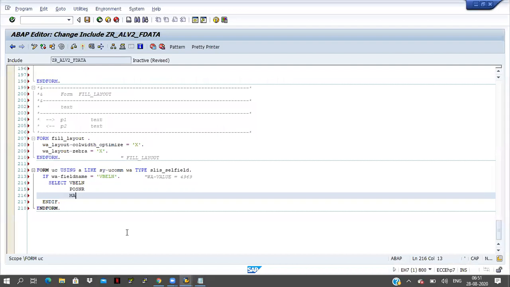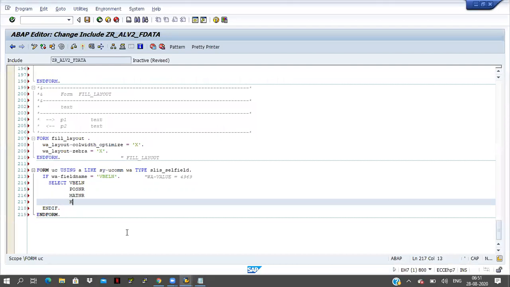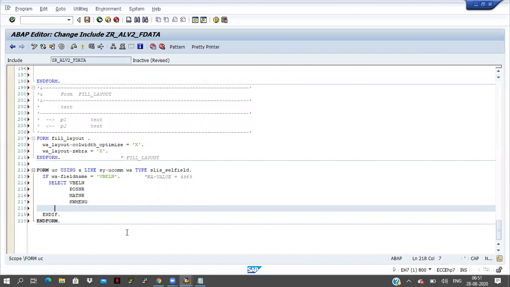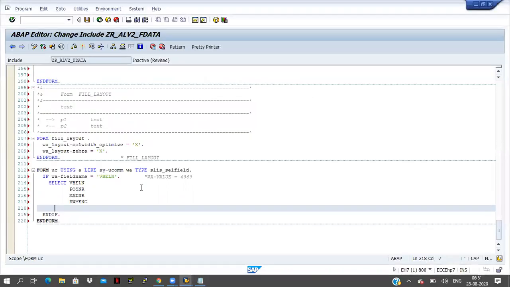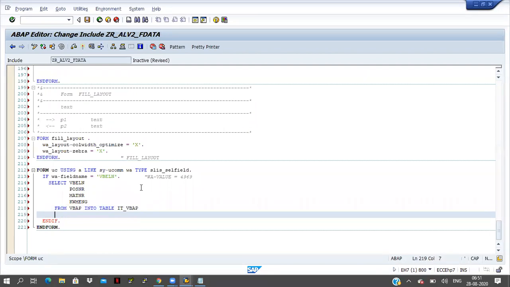So material number MATNR, quantity KWMENG, and the remaining fields are from billing information. From VBAP into table IT_VBAP where VBELN equals WA-VALUE. So the sales document number, 4969, is coming here. Now save it, check it.